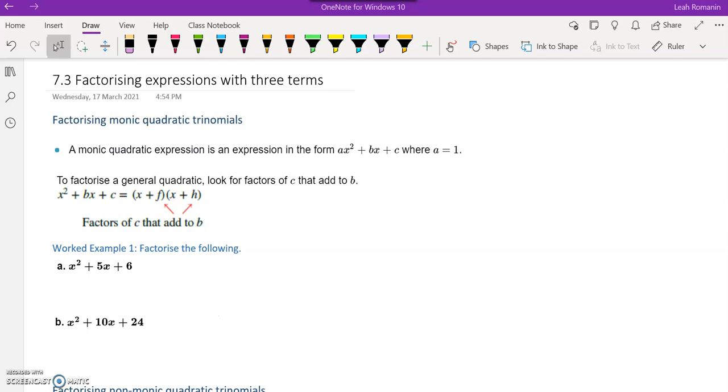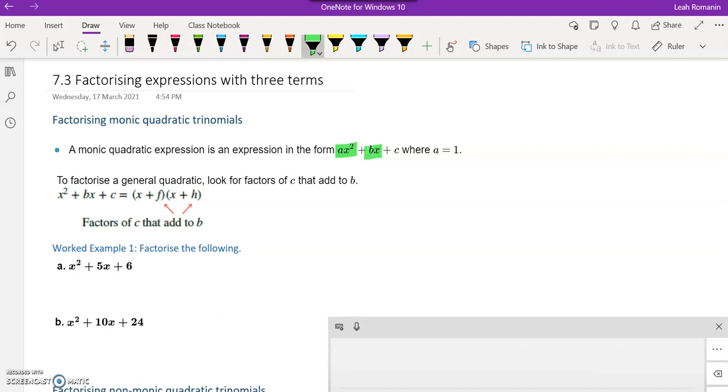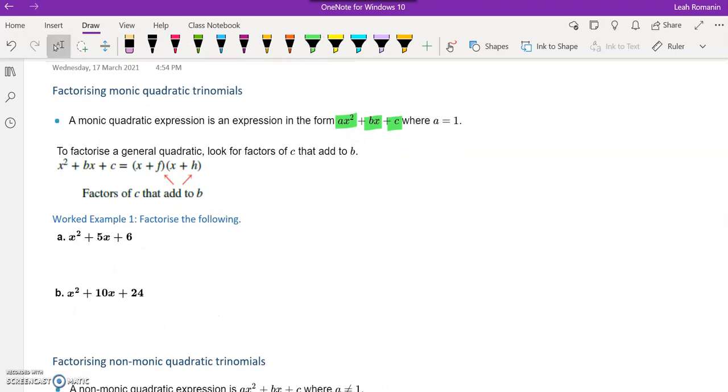Hi everyone, so today we're going to go over 7.3, which is factoring expressions with three terms. Now, when we're talking about factoring an expression with three terms, you're most likely going to have an ax squared term, a bx term, and a c term. Now, to factorize this quadratic expression, we're looking for factors of c, so two numbers